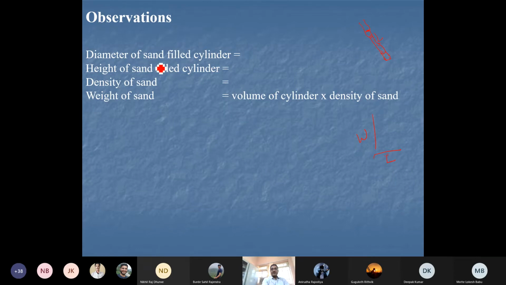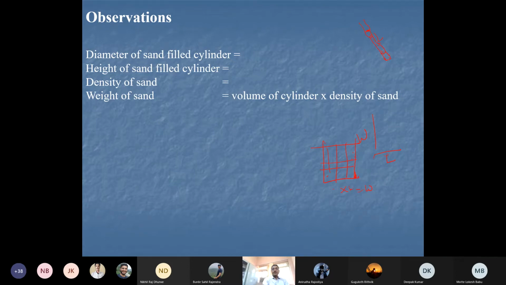So for observations, we need to find the weight of the lysimetric tank with soil. If we know the diameter and the length which is filled with sand, we can calculate the volume, and multiplying by density will give you the weight of